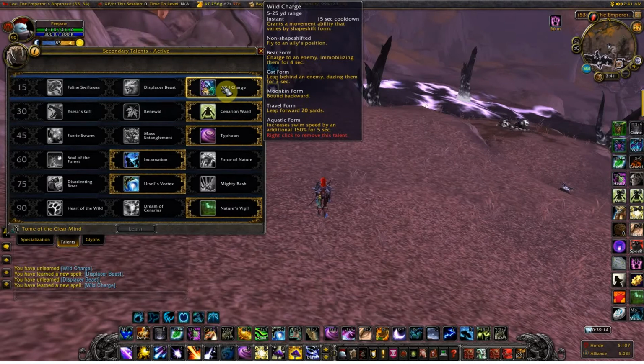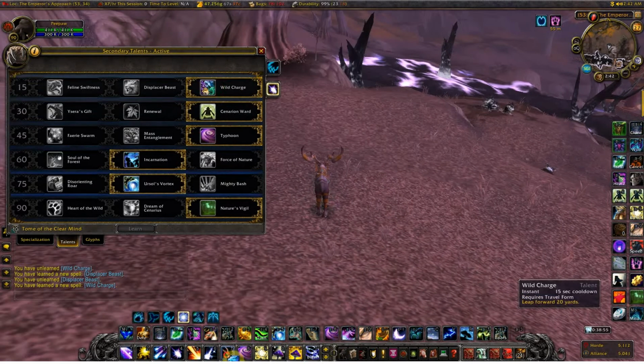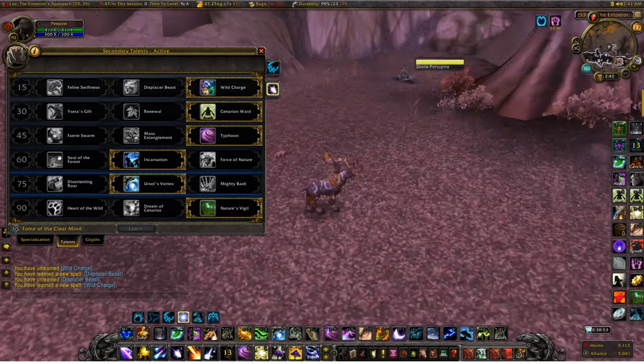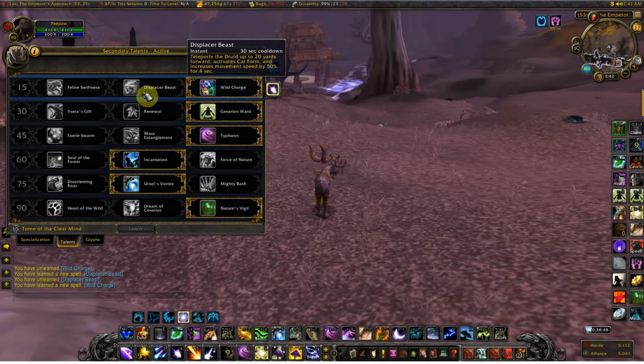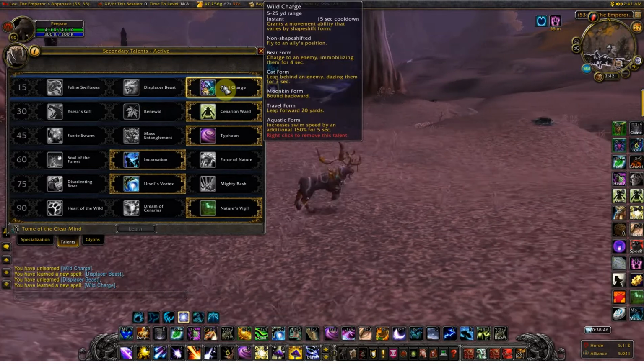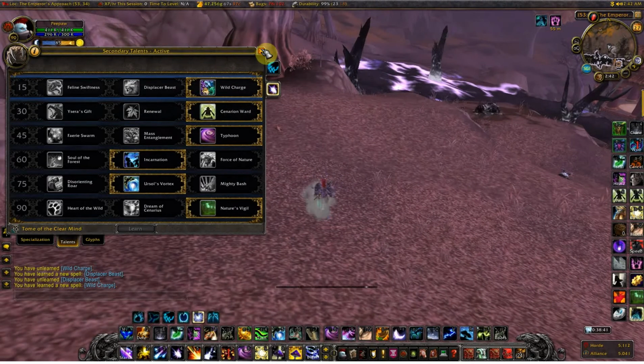Bear form, you can charge just like a warrior's charge. It doesn't stun them, but it immobilizes them for 4 seconds. Cat form, you can leap behind the target for a gap closer, but you don't really need that for a boomkin. Travel form, you will leap forwards like this, which is really good. I think that's just as good as Displacer Beast, but obviously there are many more utilities to this. And another one, if you're in boomkin form,